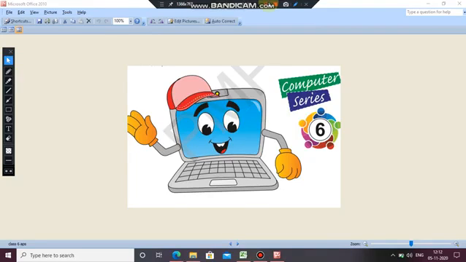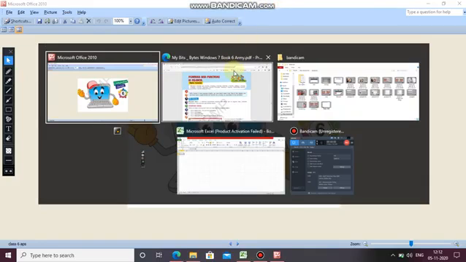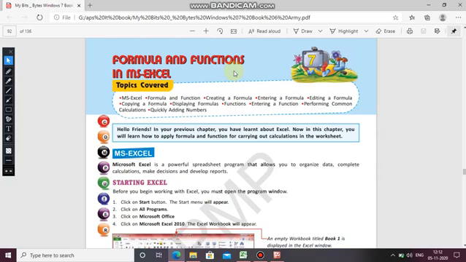So coming to the textbook, formula and functions in MS Excel. So the topics which are to be covered in this: MS Excel means what is MS Excel. We will get to know about the definition of MS Excel. Then formula and function.